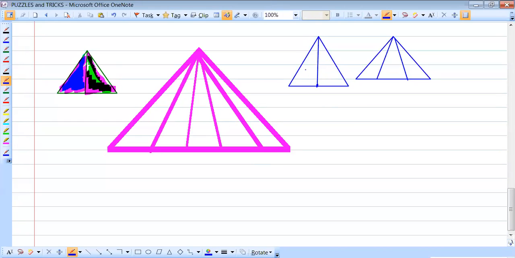3 triangles. First write 1 and 2. What is 1 plus 2? 3. That's all. Here, how many triangles will be there? First write 1, write 2, then write 3. What is 1 plus 2 plus 3? 6. So totally 6 triangles. How? This is 1, this is 2, this is 3. The biggest one is 4.